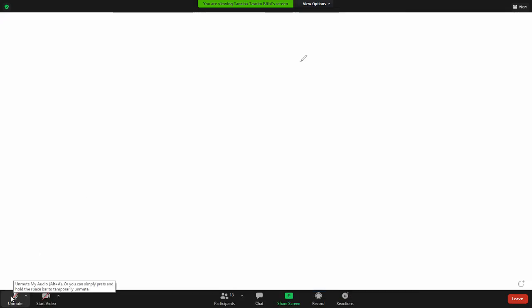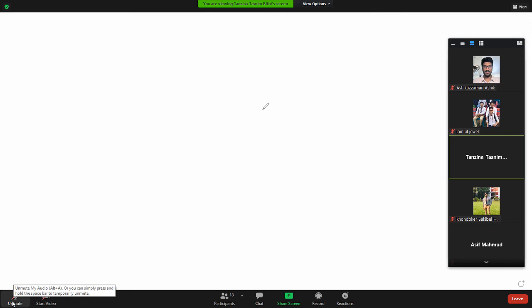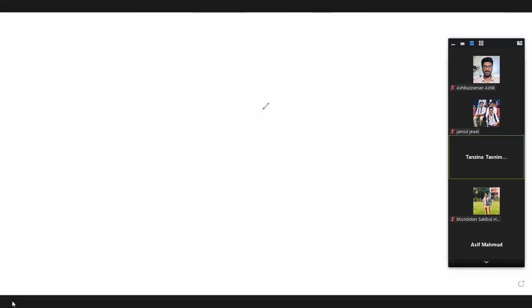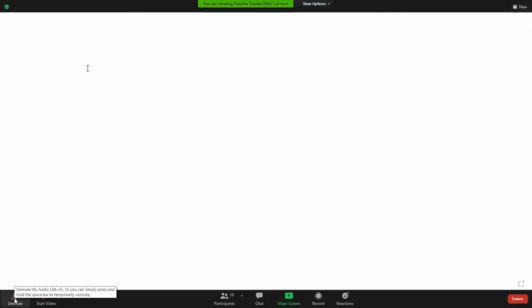Okay, so in the last class, maybe our last topic was some string operations, right? That is, which operations or functions we can use for performing some specific tasks on strings. So today we'll discuss some pattern matching algorithms. Our topic today is pattern matching. So what is pattern matching?